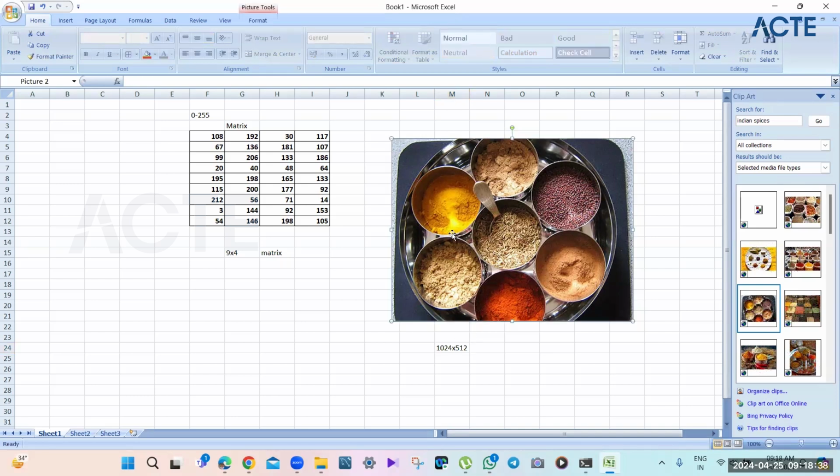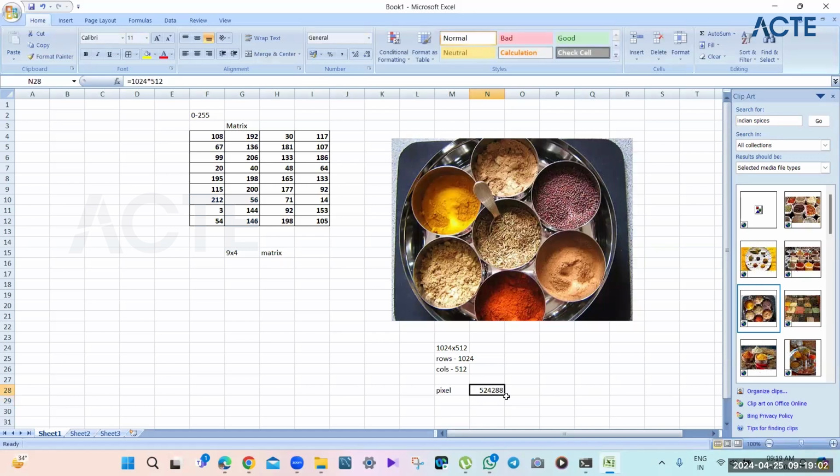That means this particular picture has 1024 rows, and the columns are 512. It has those many rows and columns. So how many pixels does it have? A pixel count is just a multiplication of your rows and columns. So 1024 into 512.